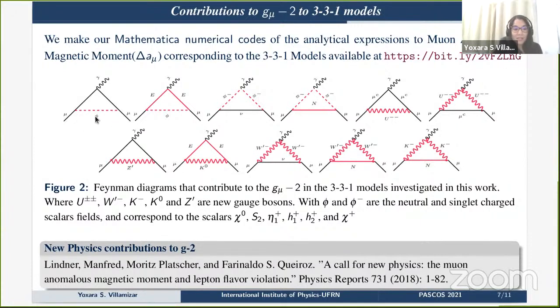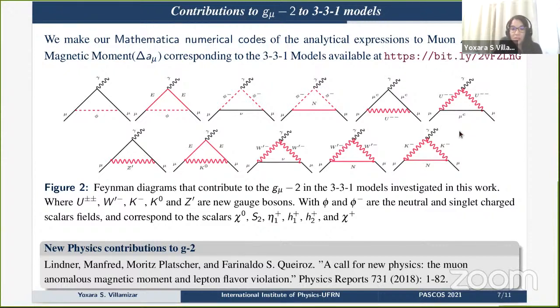In the loop appear neutral and charged scalar fields, and new gauge bosons U, V prime, W prime, Q0, and Q-. These gauge bosons appear in the 3-1 exotic leptons. And the important thing here is you can see the interactions of the scalar fields and gauge bosons with the leptons in our models. Okay, the mathematical numerical code is available at this link, corresponding to the contribution to g-2